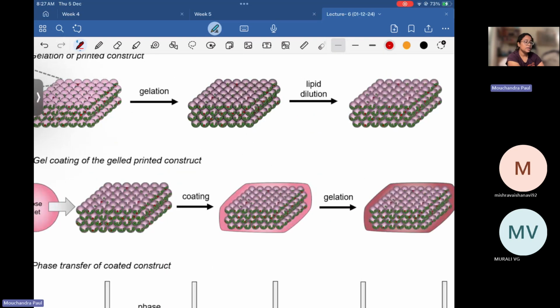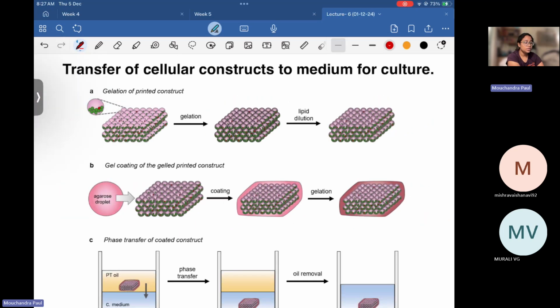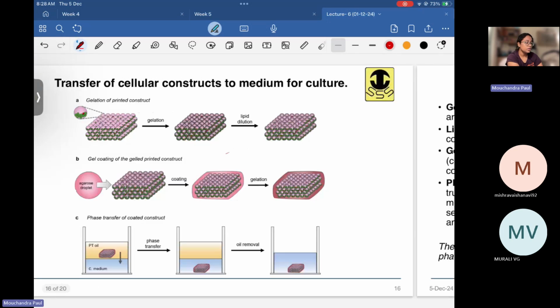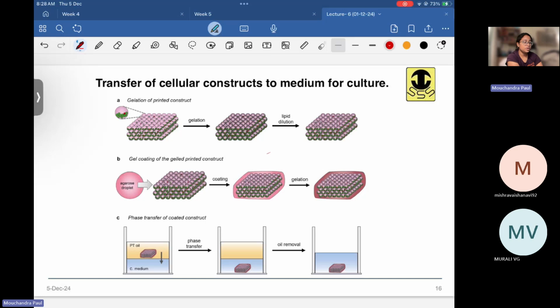After that is done, they had to remove most of the lipid molecules from the droplet based construct. How did they do that? They washed the construct multiple times in silicone oil, until the lipid concentration was very much diluted, with around 1% of its original concentration remaining. They washed it multiple times with silicone oil at room temperature. Now once it is almost free of lipid molecules,